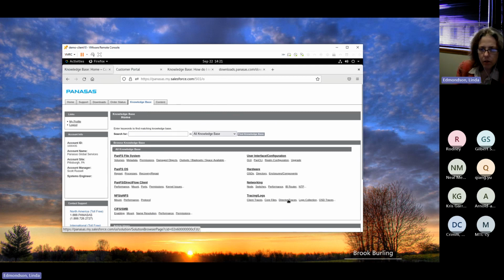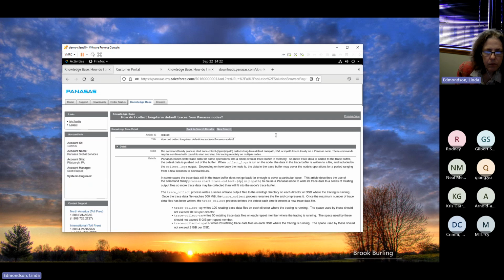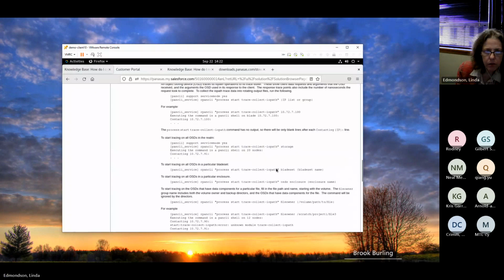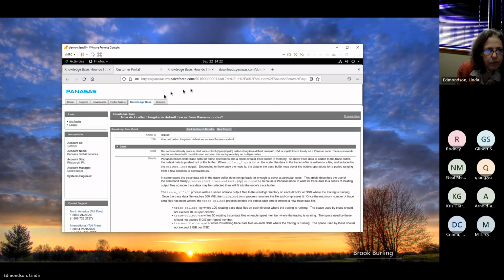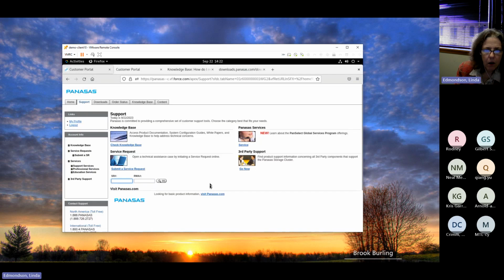Tracing logs. We have a lot of articles here, which you will see attached to your service requests from time to time. A lot of these we use more, but we don't necessarily attach to the service request because we have actually given you the commands as a part of your service request. Let's look at home, support. There are knowledge base articles,